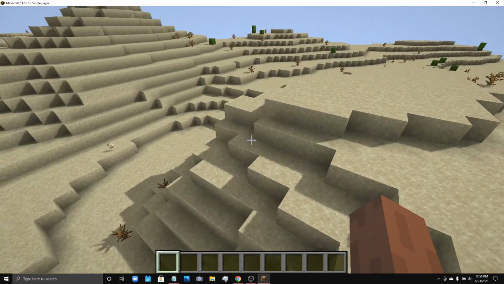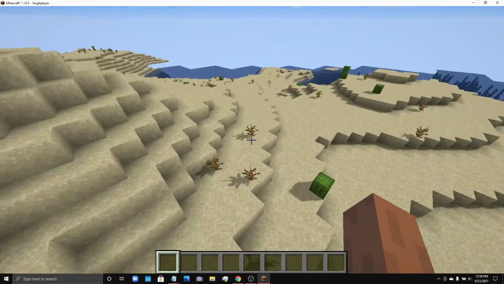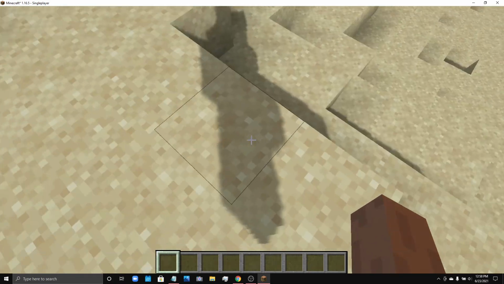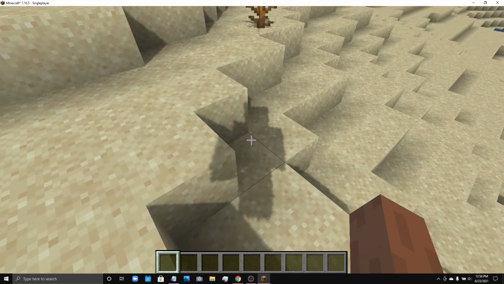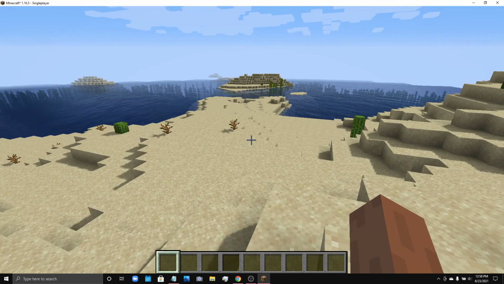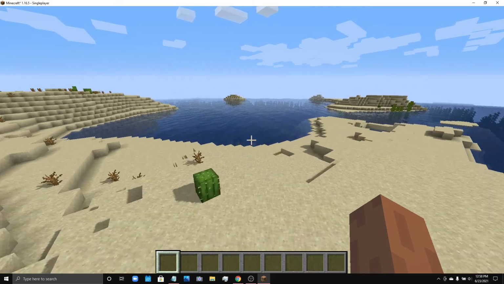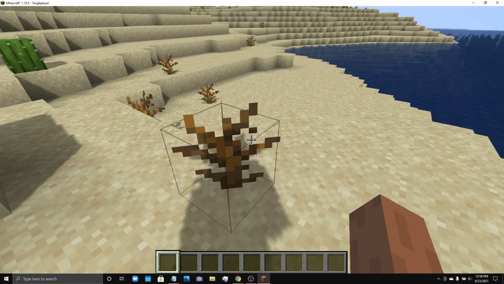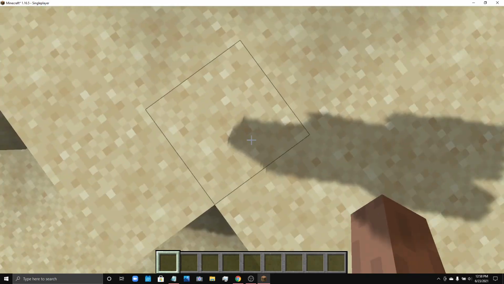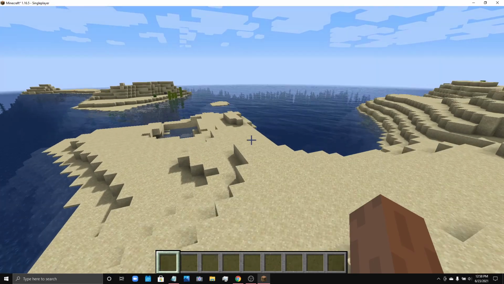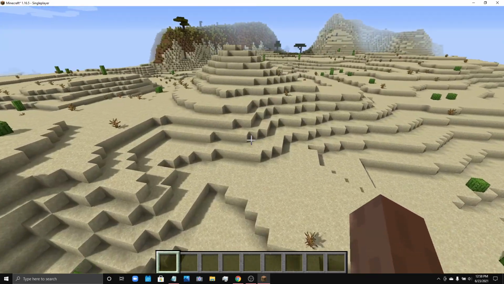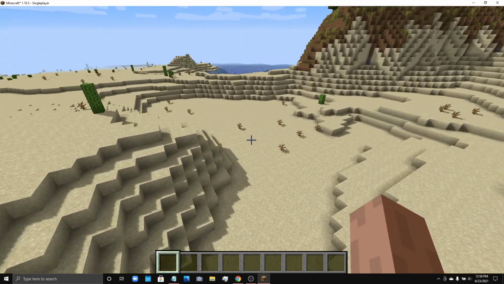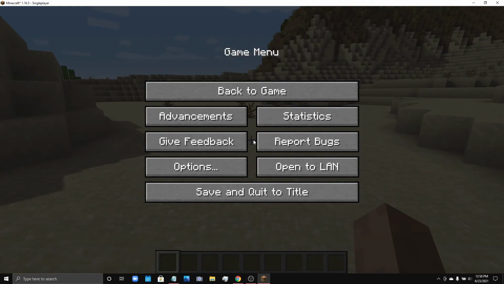Now the shader that I'm using right now is Sildur's Enhanced Default. The Sildur's Enhanced Default doesn't really do much. All it adds is shadows to your world. Water kind of flows differently. It adds moving, waving plants to your world like most shaders do. And it does change the lighting quite a bit, but I still do like it because it doesn't really change the game too much. So I hope this video helped you, and